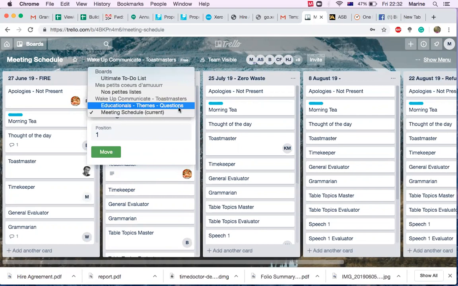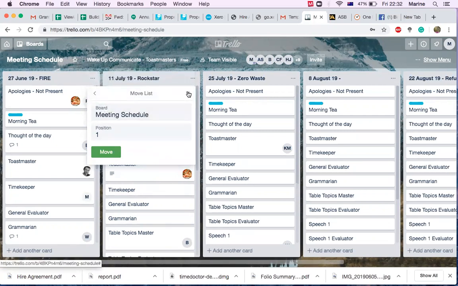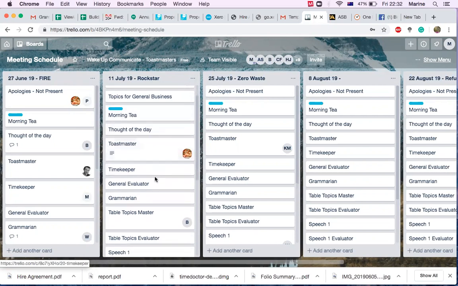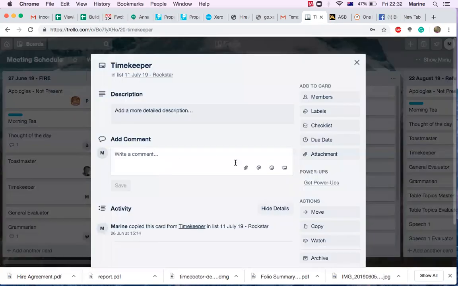The good thing with Trello is, and you'll see that this is coming up as well, but I haven't had time yet to fill it in, that not only does it allow you to push your name in